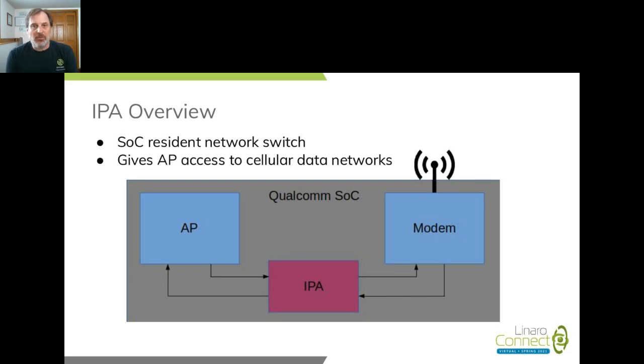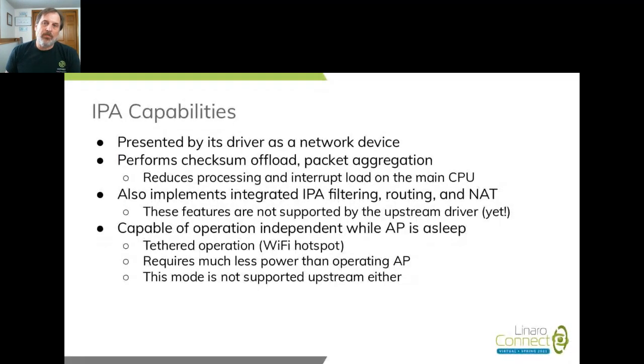And it's able to provide the AP access to cellular data networks. The IPA is presented to the main processor as a network device, no different than an Ethernet device,